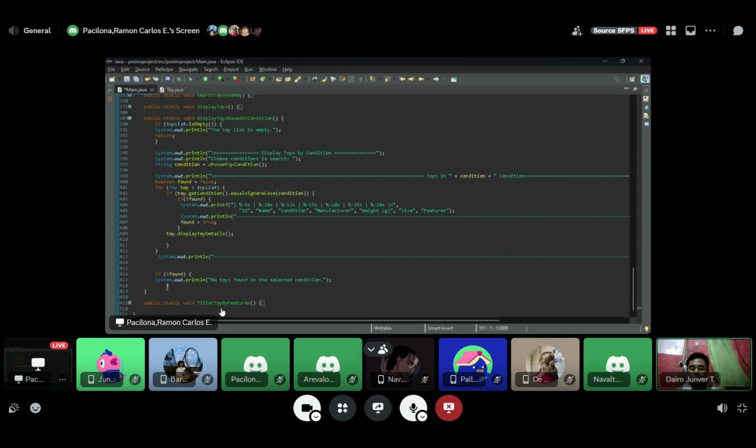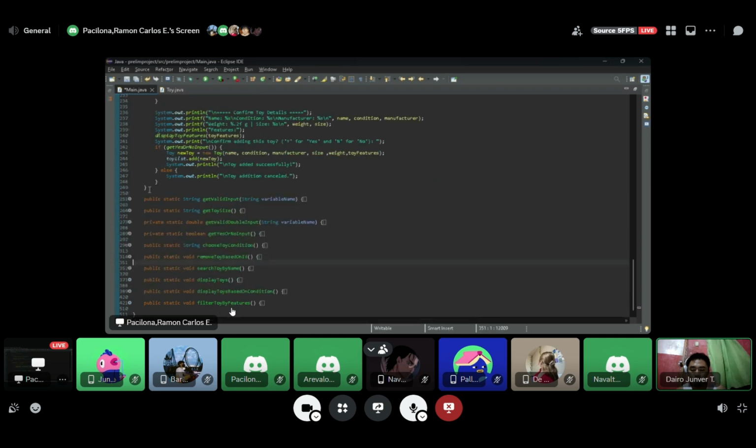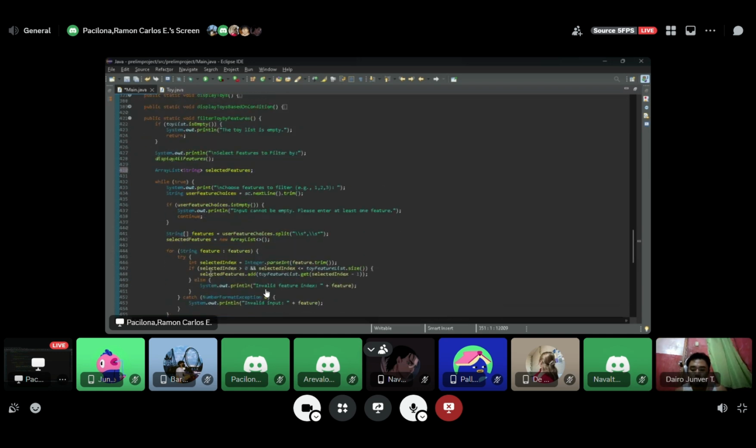So let's go to the filter by features method. First, look at the error checking: input cannot be empty. Let's enter one feature. So the user must enter between 1, 2, or 3 to pass the error check of the condition.